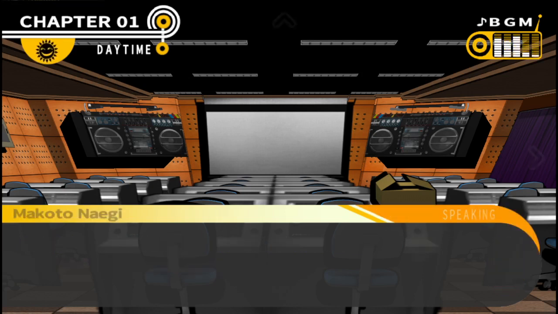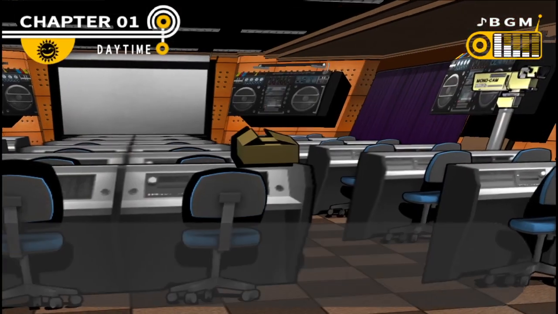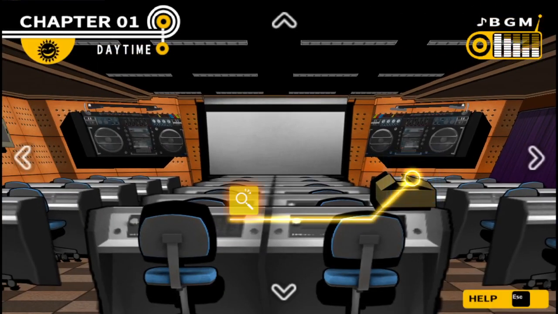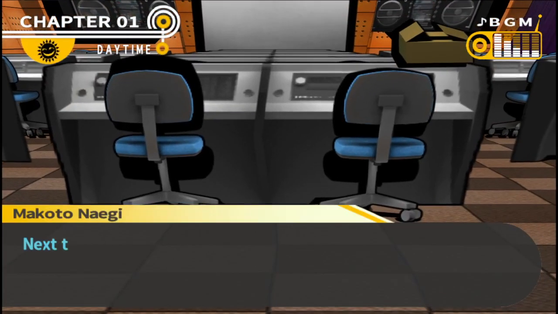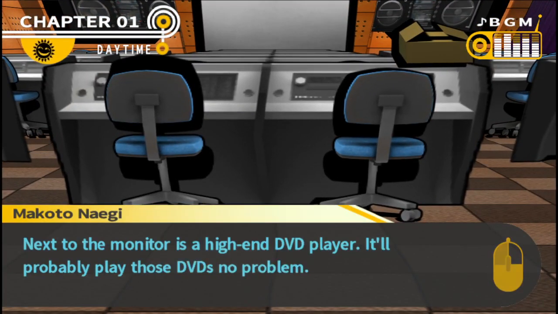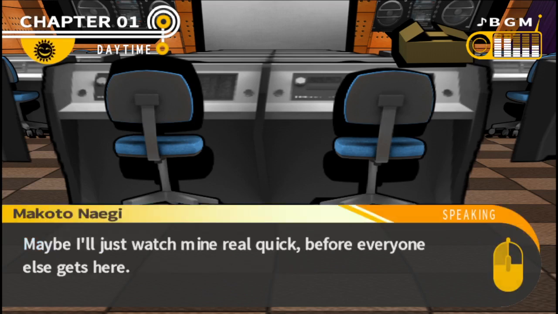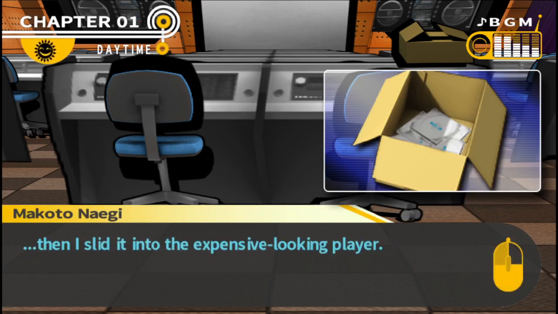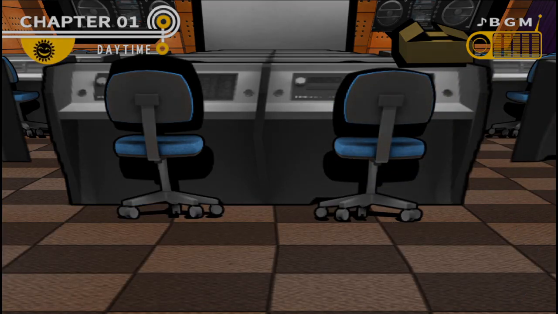I think I see something. What are they telling me to look at? It's the cardboard box the DVDs were in. Okay, hold on. Maybe this? Must be this. Next to the monitor is a high-end DVD player. It'll probably play those DVDs no problem. Maybe I'll just watch mine real quick before everyone else gets here. I sorted through the DVDs I found in the box and found the one with my name on it. Then I slid it into the expensive-looking player. I sat down and stared intently at the darkened screen, and then...